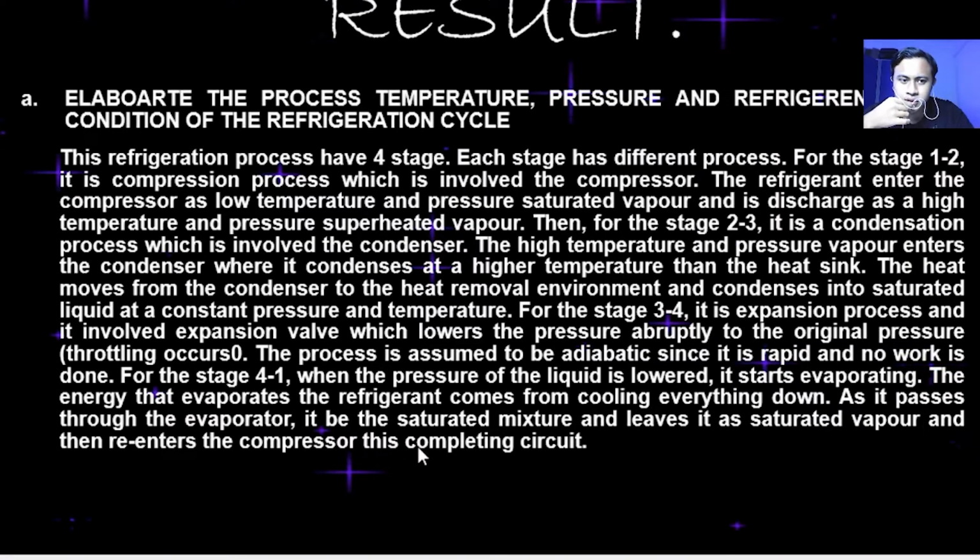The refrigerant enters the compressor as low temperature and pressure saturated vapor and is discharged as a high temperature and pressure superheated vapor. Then for stage 2 to 3, it is the condensation process which involves the condenser. The high temperature and pressure vapor enters the condenser where it condenses at a higher temperature than the heat sink. The heat moves from the condenser to the heat removal environment and condenses into saturated liquid at a constant pressure